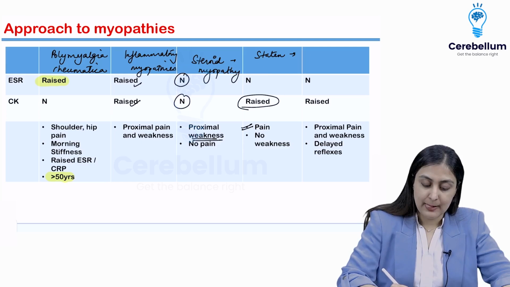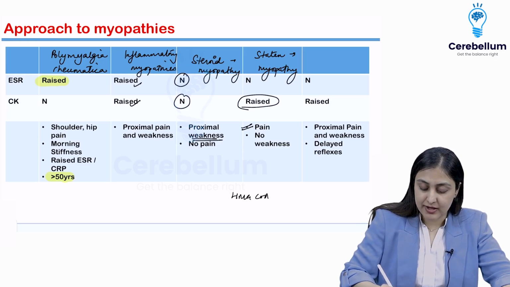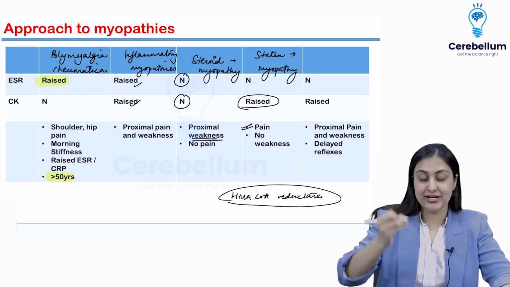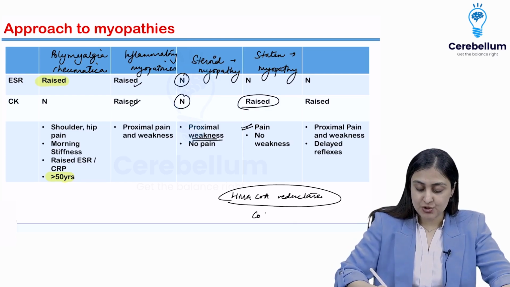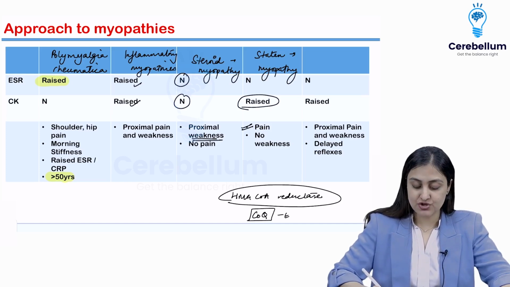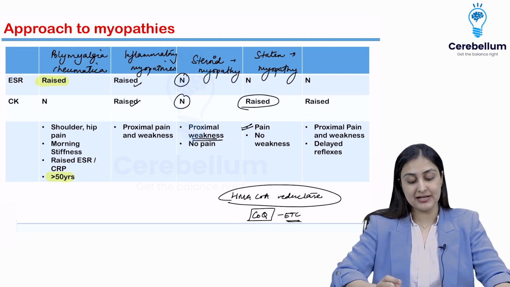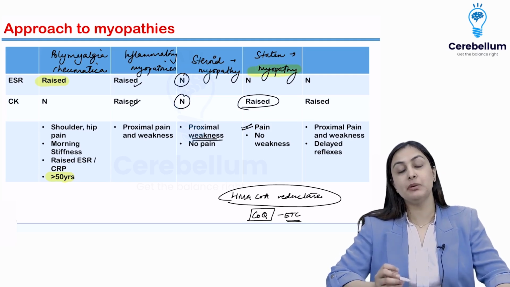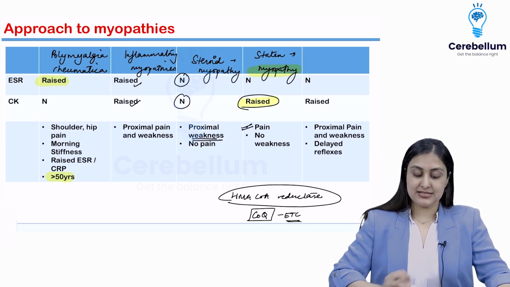statin induced myopathy. So I hope you remember from biochemistry that statins block HMG-CoA reductase. Now when they are blocking HMG-CoA reductase, the whole cholesterol pathway gets blocked by statins, but there is also coenzyme Q, which is a part of the electron transport chain, that also gets blocked, and that is why you have myopathy, and that is why statins should always be supplemented with coenzyme Q. Remember that. Okay, so here CK is going to be